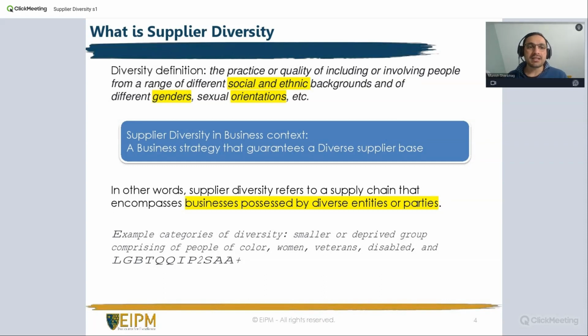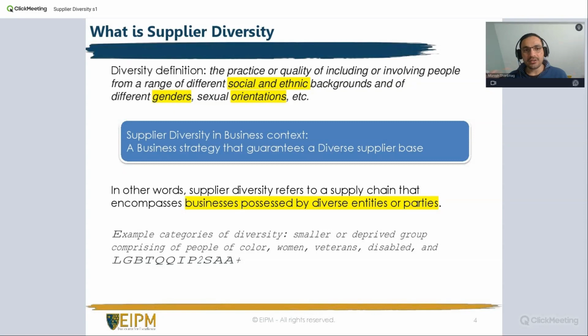Okay. There are some example categories I just mentioned, which are largely here. You see here people comprising the groups that we are talking about are people who are of color, women, veterans, disabled, and so on and so forth. Now, these are very sensitive topics. In whatever way you say, these are sensitive topics. Some might feel very strongly about it. Why should I be categorized as this? Why should I be that? But the idea is inclusion.